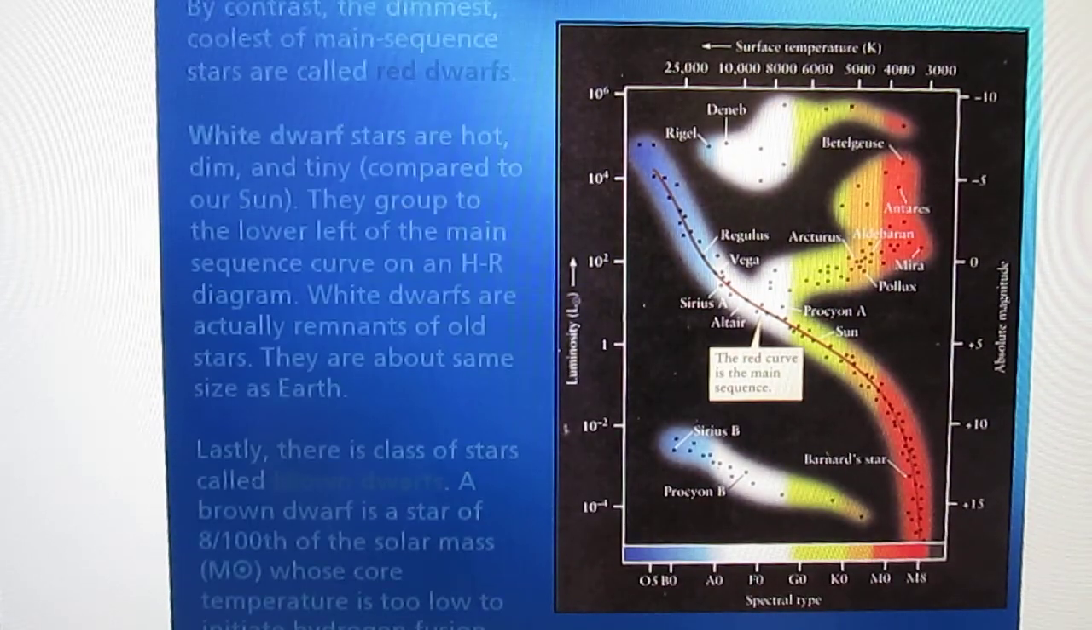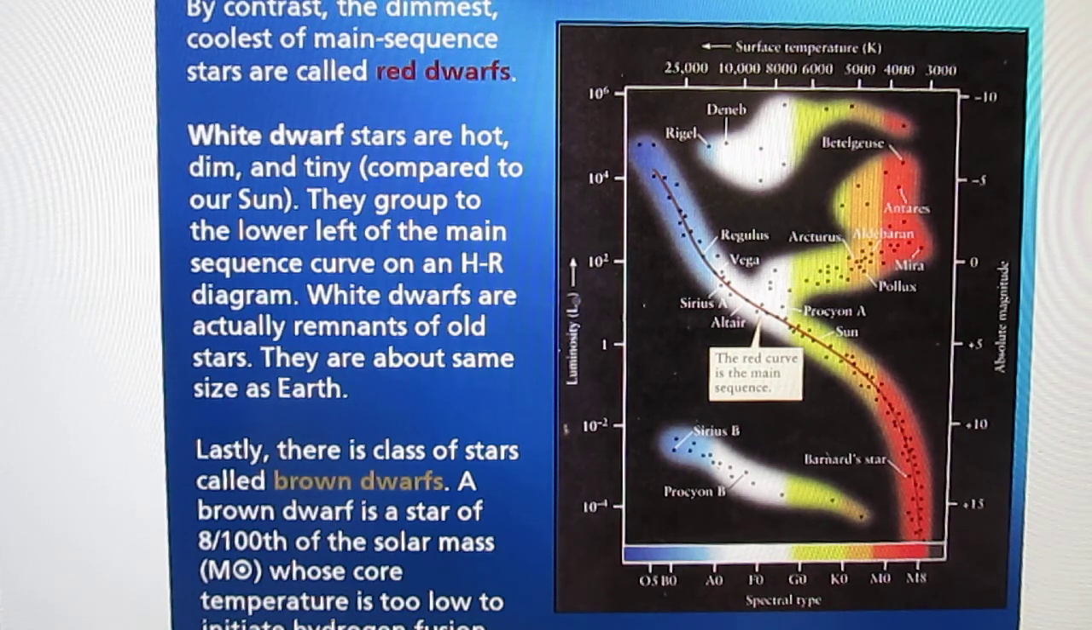An HR diagram will also show you the dwarf stars. Dwarf stars are the burnt-out remains of main sequence and giant stars. And at the bottom, I make note of the class of brown dwarfs, only because of the concept of solar mass. Notice brown dwarf stars have a mass of 8/100ths of the Sun's mass. And this makes their temperature too low to initiate hydrogen fusion. And so they